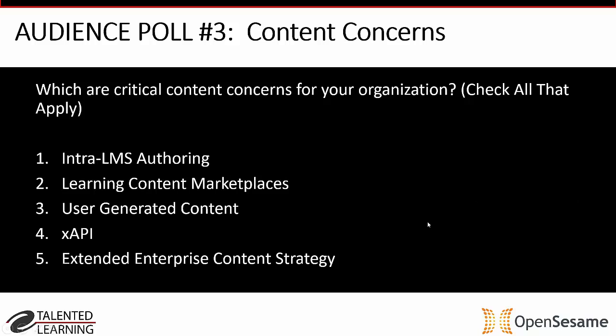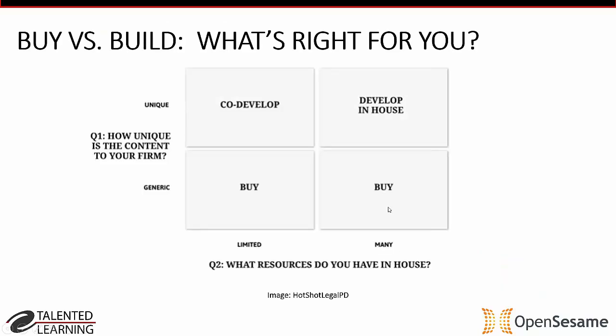Well, good. It's all over the board here. Kind of spread equally across, interesting, but still 36% for xAPI. I was talking bad about it, but it still did pretty good. But user-generated content seems to be the one most organizations want to get their heads around, and I can see why, because it's certainly not easy to do.